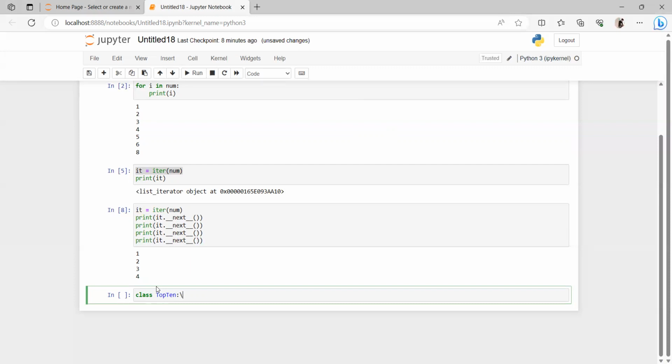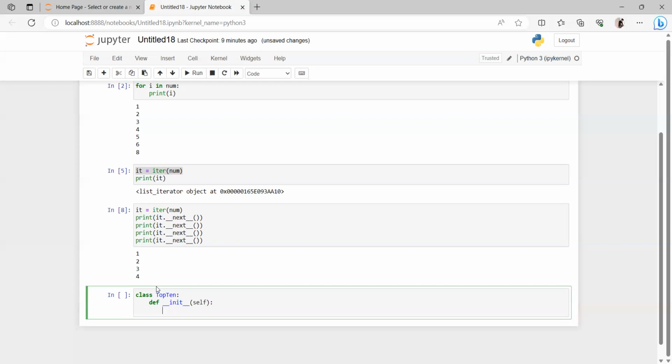This is the class name, and create a constructor. Guys, create a constructor, give the init function,